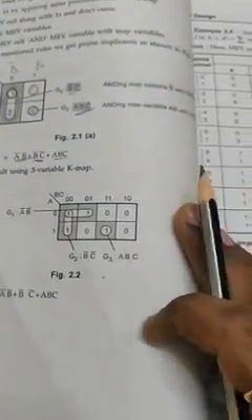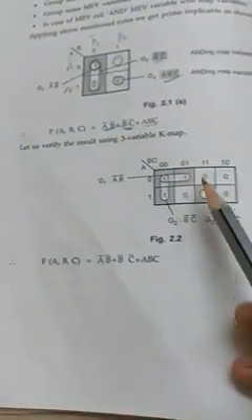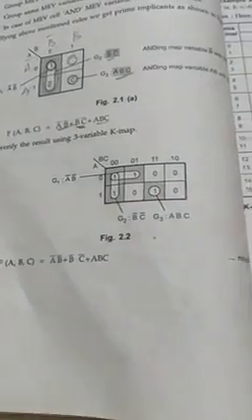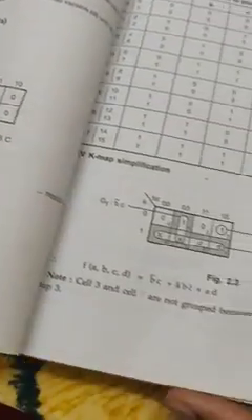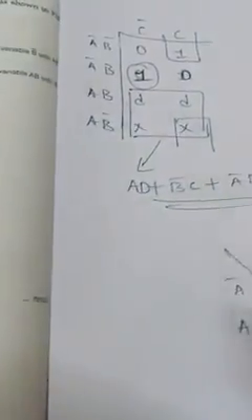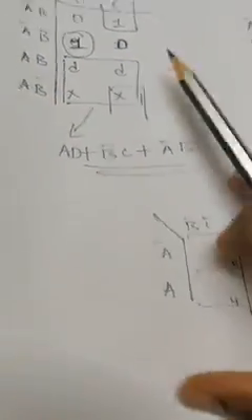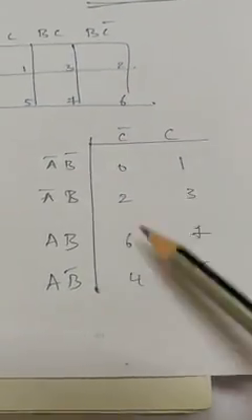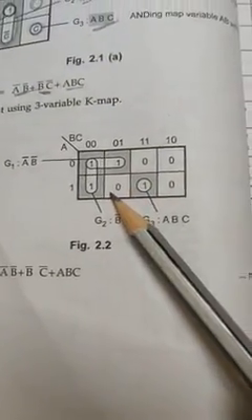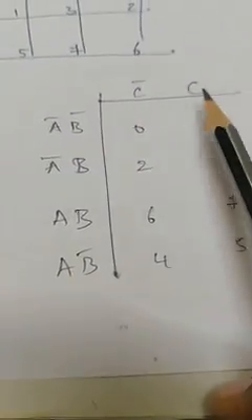So you can cross verify whether this expression is right or wrong by filling these functions in the 3 variable K-map. So far we have discussed 3 variable K-maps in this manner, right? In this manner. So far what we have learned, the 3 variable K-map looks like this. So this is also right and this is also right. Here A, B bar and C bar is taken separate. Here A bar is taken separate, B bar, C bar.